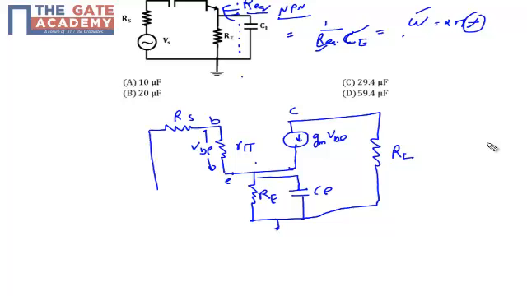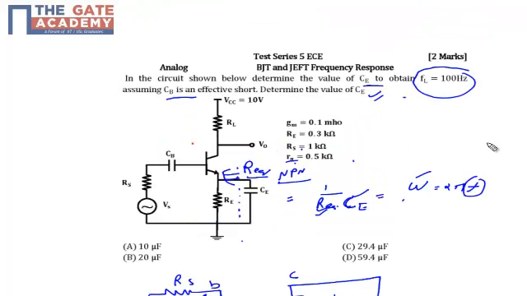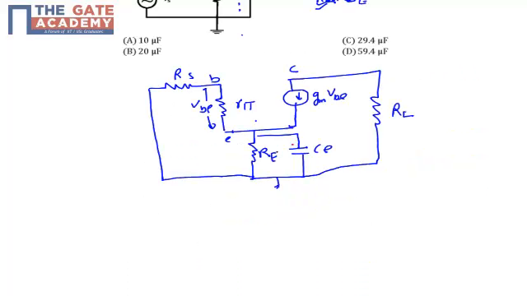and my input voltage is shorted. Input terminal is shorted because I want to find the R equivalent of the circuit, so that's why I want to short the supply voltage. Basically I need to find the R equivalent across this terminal, right? So it's a standard method of finding R equivalent across this. This circuit is very similar to the output impedance of the common collector. The output impedance circuit of the common collector is also similar to this network only. We need to find it like that only.